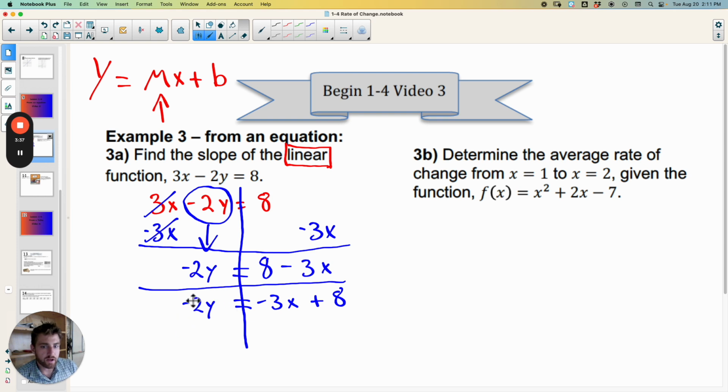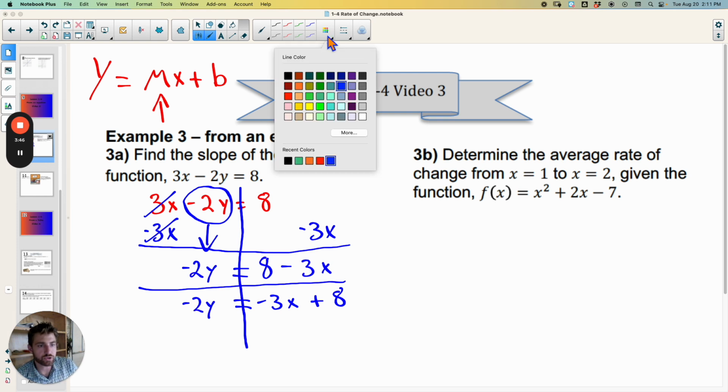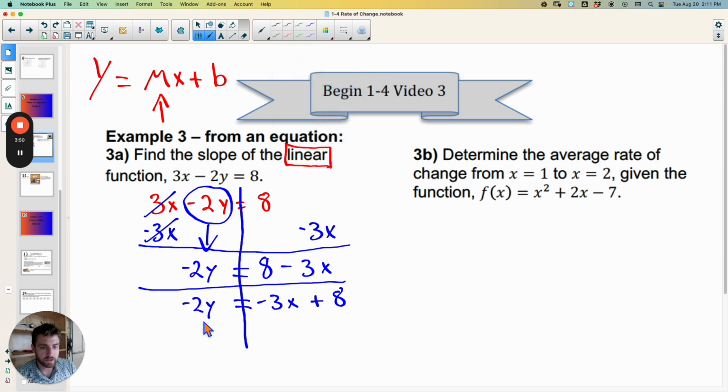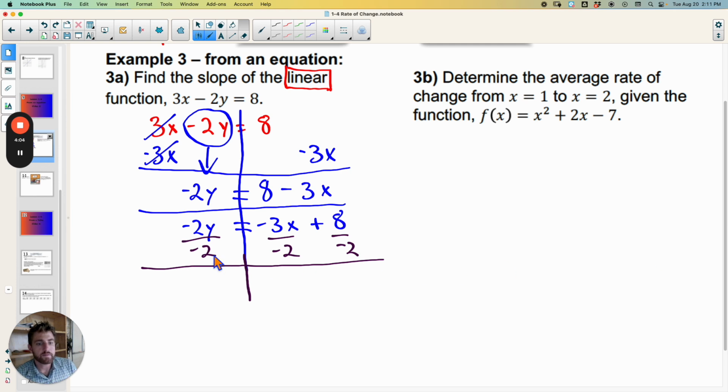Now, to get rid of the negative 2 in front of the y, negative 2 is actually multiplying y. Y is being multiplied by negative 2. So let me go change colors again. So in order to unmultiply a value, I need to divide by that value. So I'm going to divide every value by a negative 2. Let's scroll down here just a little bit so we can see. So these are now going to cancel, and I'm left with y by itself, so I'm going to bring that down,